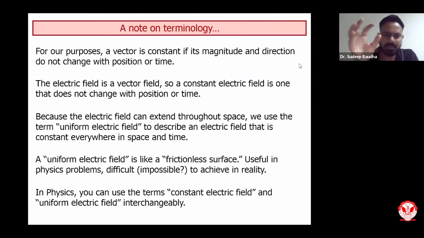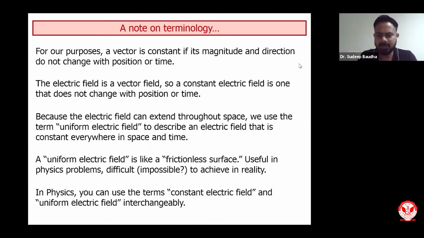Just one point I would like to make about constant electric field and uniform electric field: both terms are analogous to each other. Whenever I say constant electric field or uniform electric field, it means the electric field is constant at that particular instant and its direction is the same in the entire space. Both words are literally the same and refer to a uniform distribution of electric field in space.